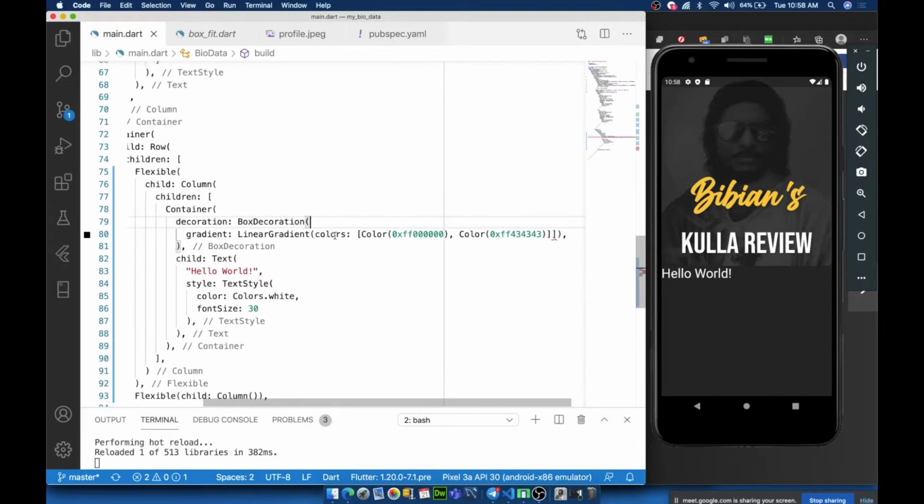Okay, what's the problem? Colors is an array. Okay, an additional bracket.